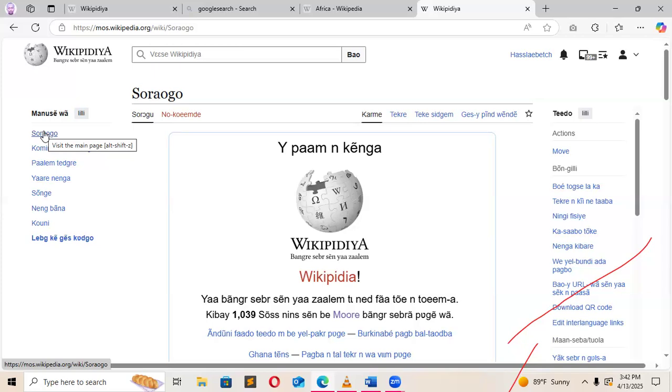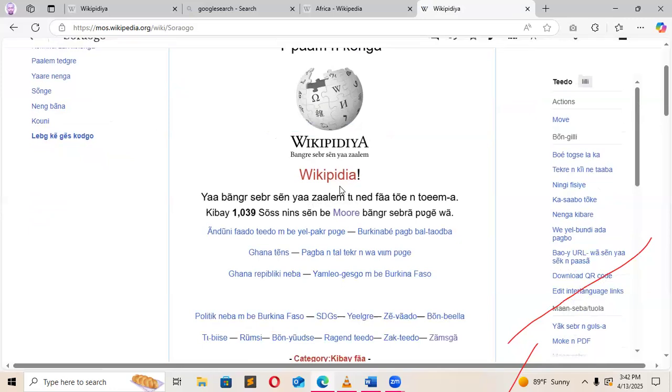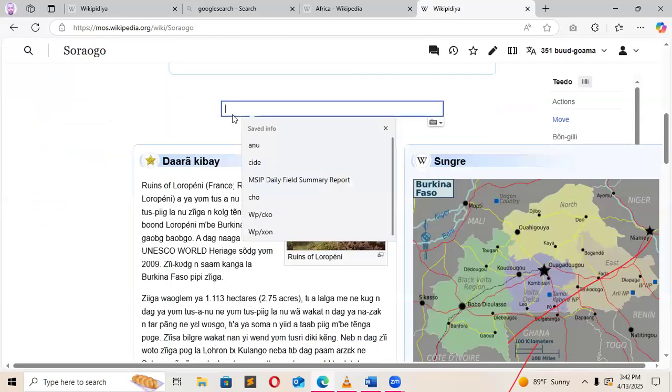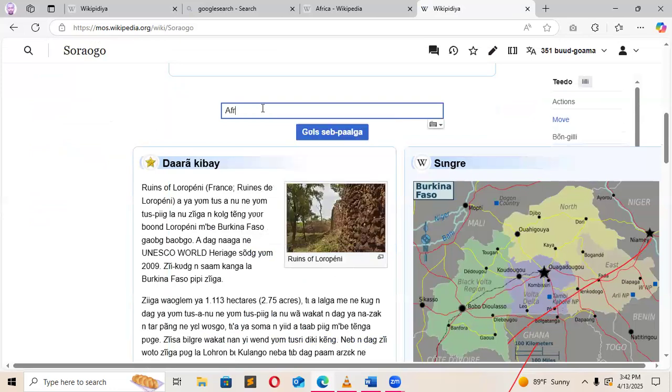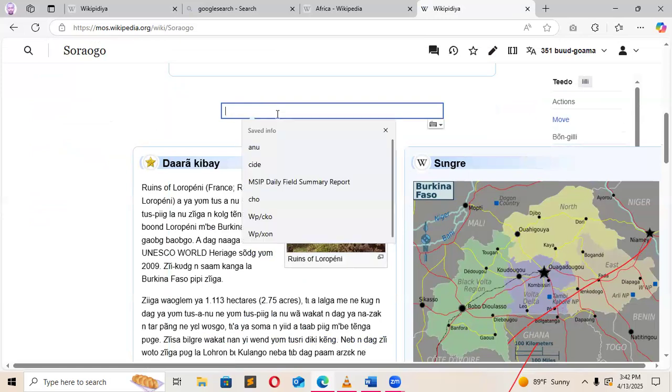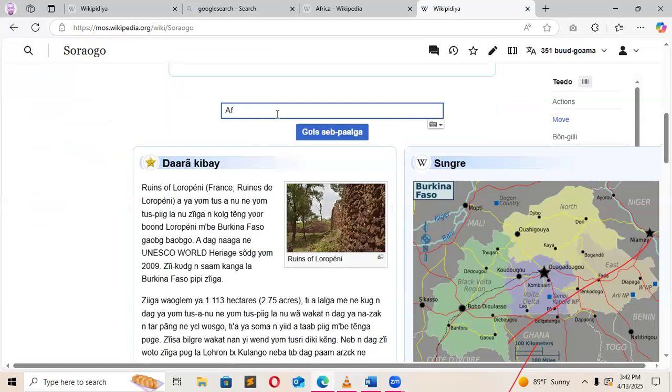In that case, you then go to create, which we have in Mori as Gulse Sepalaga, meaning write a new article.